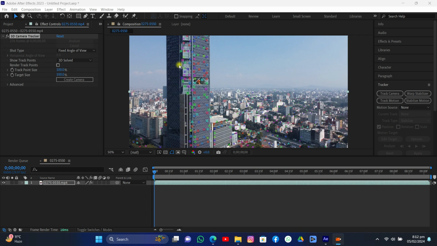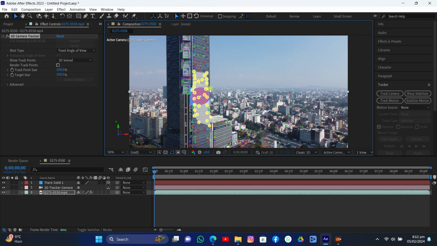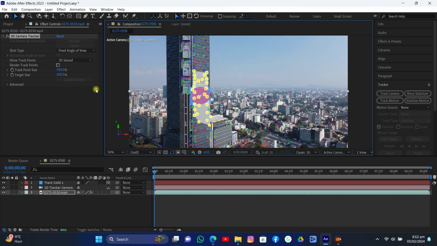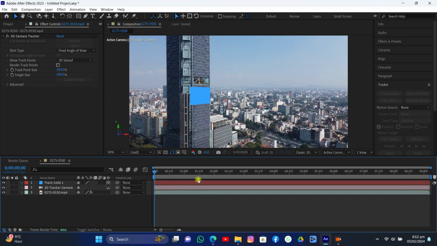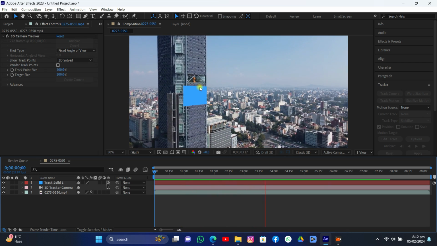And now what we're going to do is select some points. So hold your right mouse button and drag over it. And I think left, yeah. Okay, so you will select a lot of points, then right-click and create solid and camera. So we have a solid here. We can now play the animation, and as you can see it's perfectly tracked, and it's now time to export